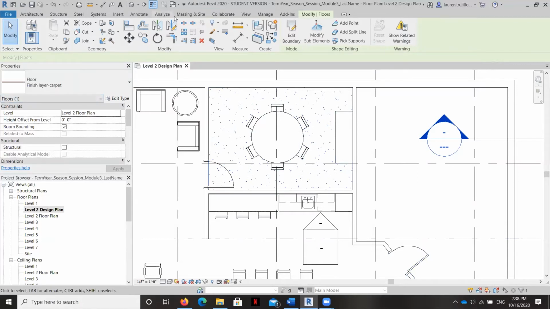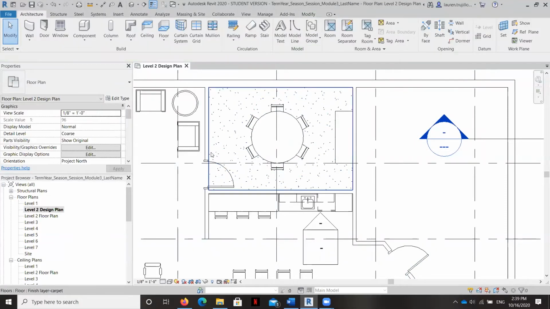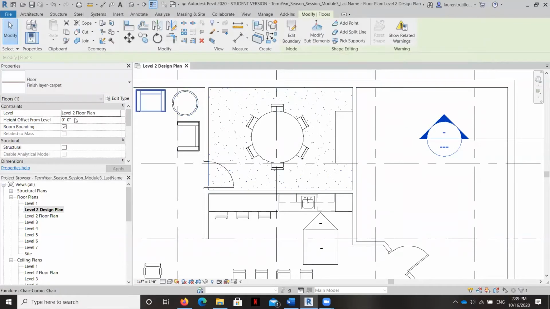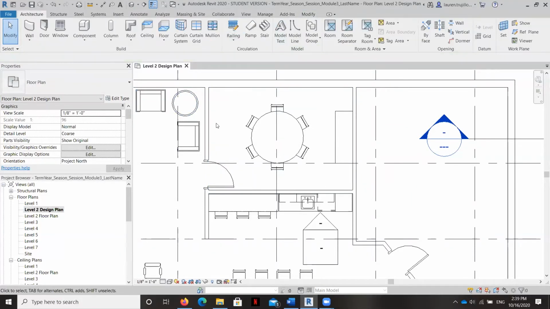Except that now it's going to be sitting on top of the existing floor that we already have. And what we actually want is for this floor to be offset from the level by 1 inch so that it's sitting on top. Let's try that again.